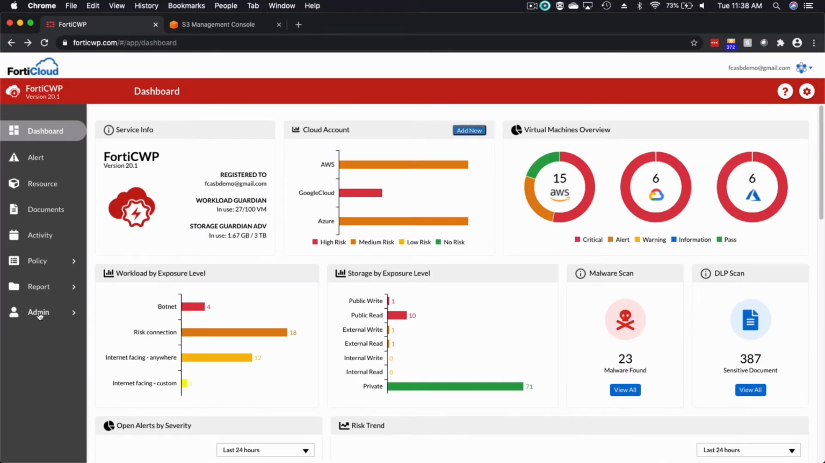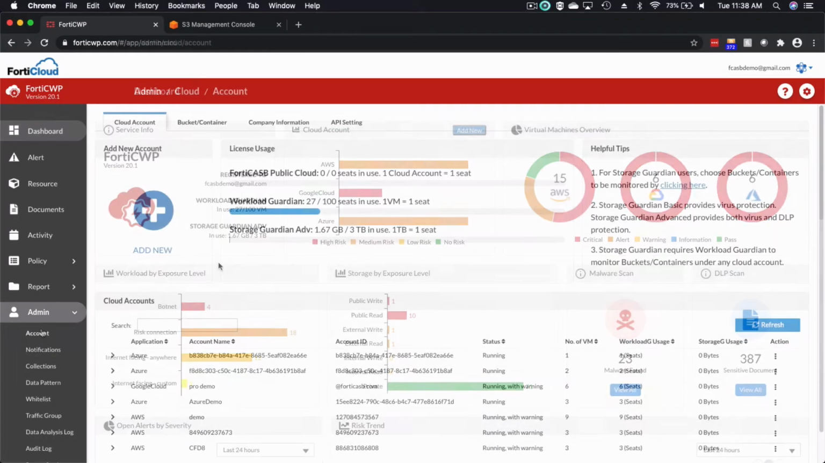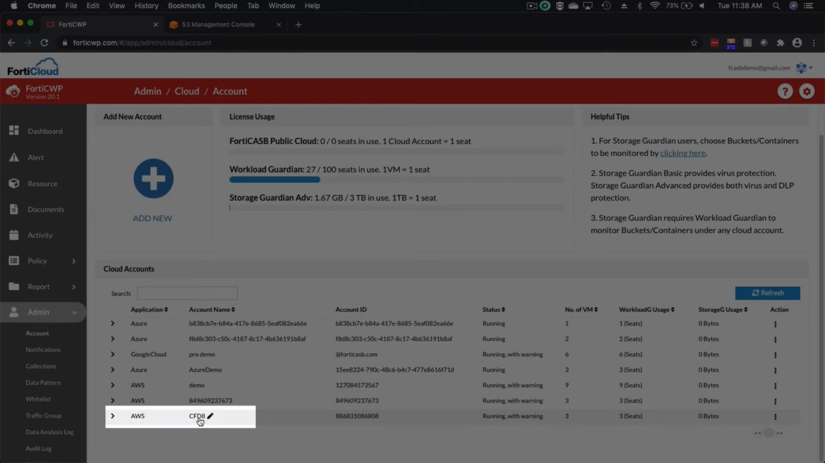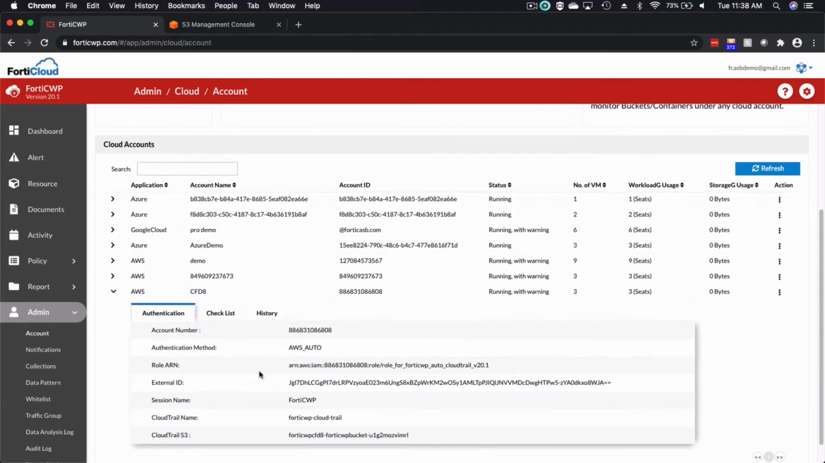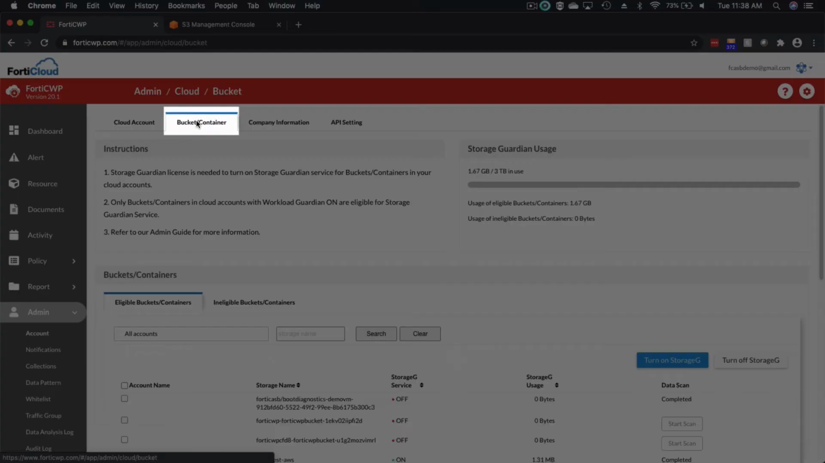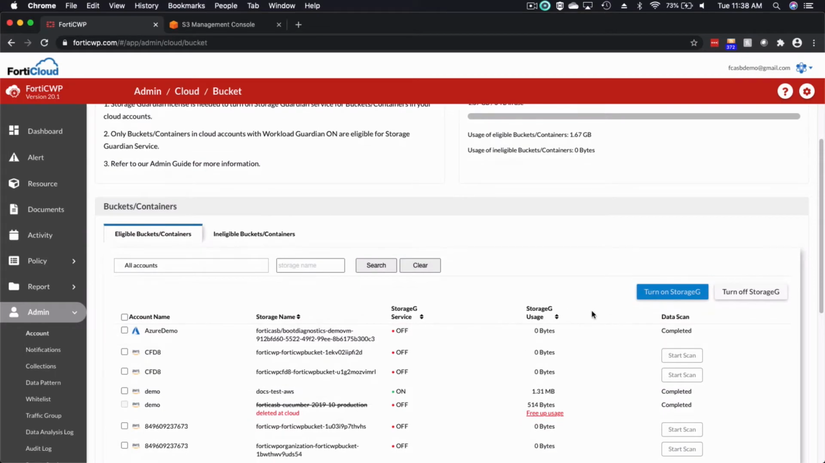In admin is where the IaaS accounts are being monitored. As you can see, the accounts have already been added, and we're going to look at the CFD8 account, expand that for more information. Once that's done, to enable storage scanning, click on Bucket/Container tab, select the storage, and click